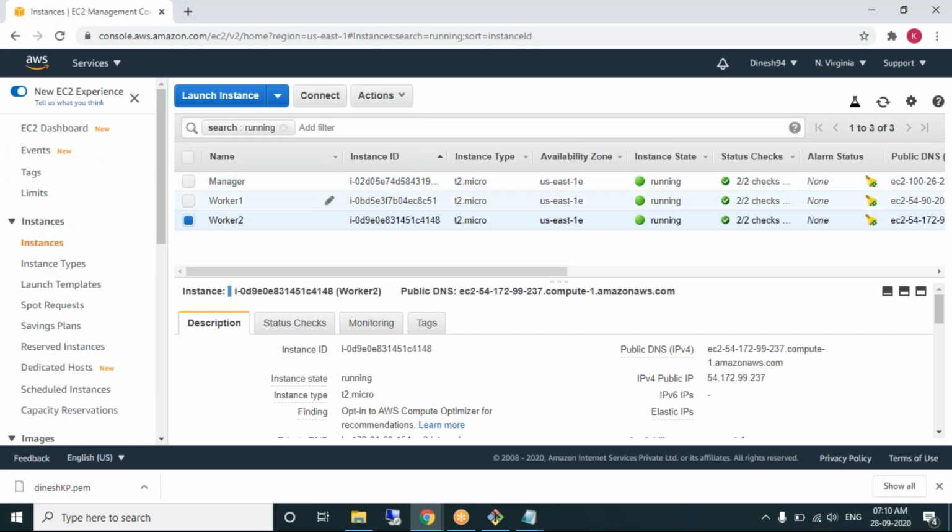Finally, manager will control the complete machines, the worker 1 and worker 2. So when you create a container, containers will be distributed into all these 3 machines. We will be creating containers only in manager? The command we run in manager, but the load will be distributed to worker 1 and worker 2. That's the concept of distributed environment.